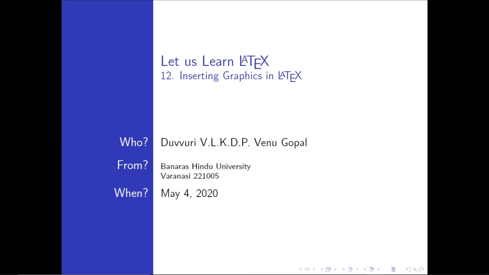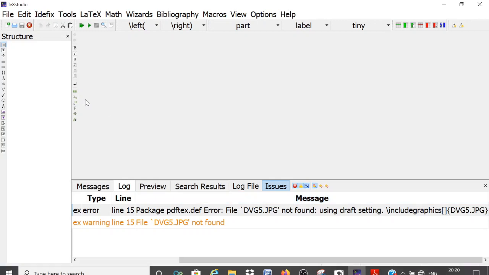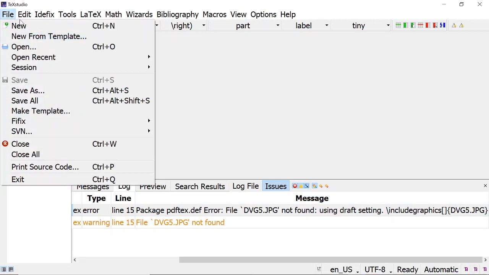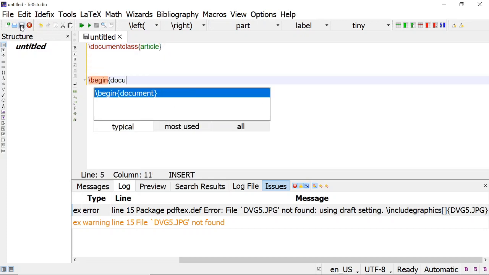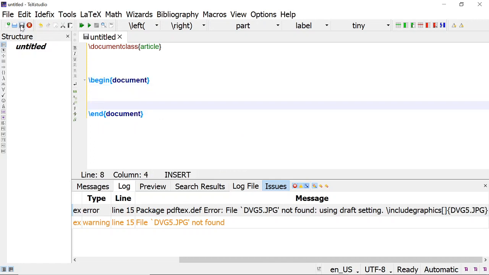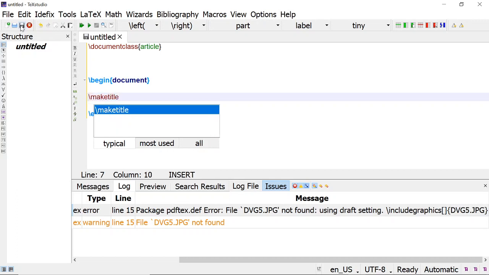In this lecture, we will see how to insert graphics in a LaTeX file. Let us start a new document. File, new. Document class article. The next thing is begin document, and here make title.